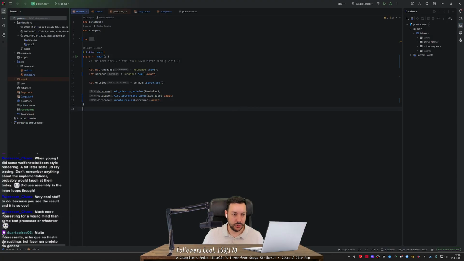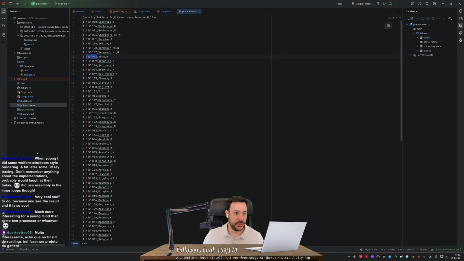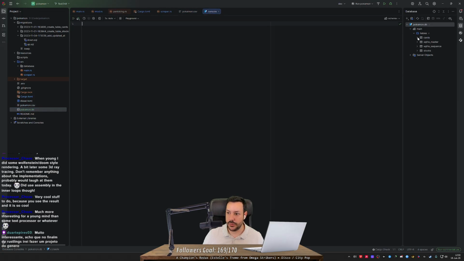And I mean, it's pretty cool. I essentially have a CSV where I have all of my cards. They're not many, only like 100 cards or something. I have this CSV with my cards. These are the card IDs. Then I have whether they are reverse holo or not, if they are shiny and special, the amount that I have of them, and then I write all of this data